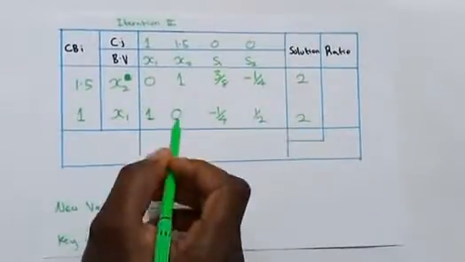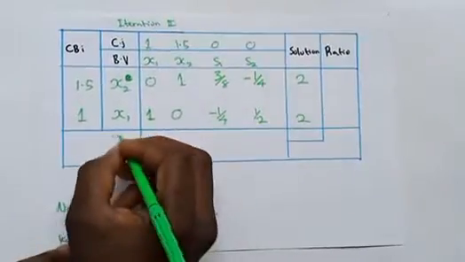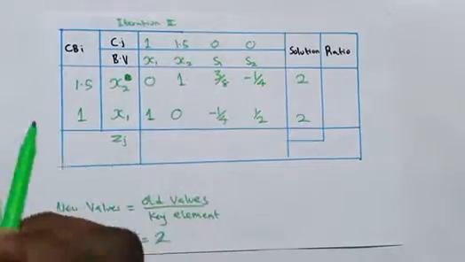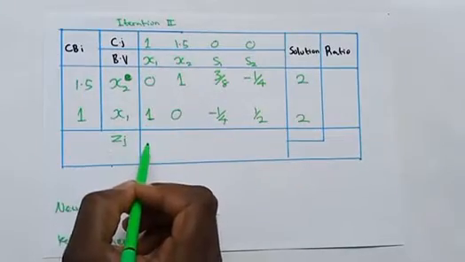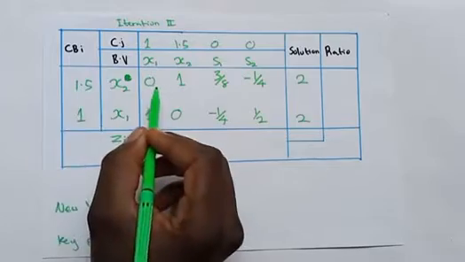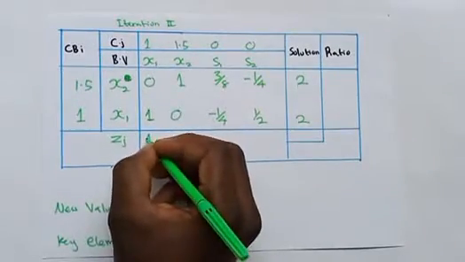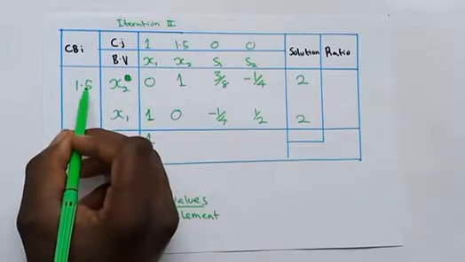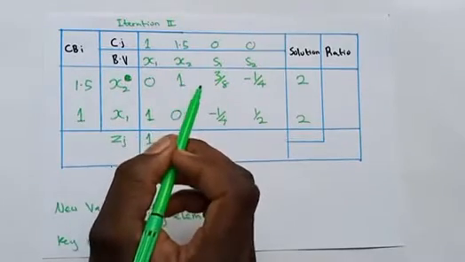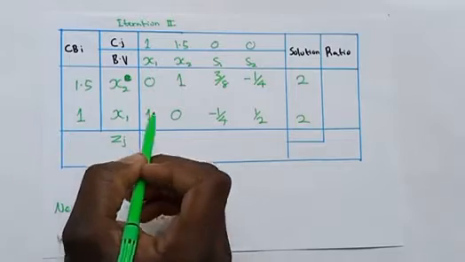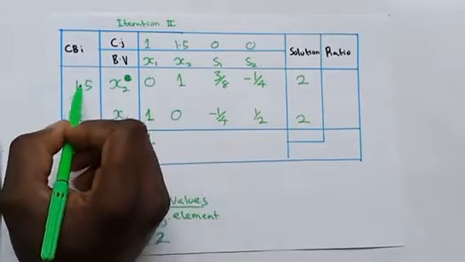After getting these two rows, the next thing to do is to get your Zj values. So to get the Zj value at this point, 1.5 multiplied by 0 plus 1 multiplied by 1 gives us 1. 1.5 multiplied by 1 gives us 1.5 plus 1 multiplied by 0 gives us 0. So 1.5 plus 0,